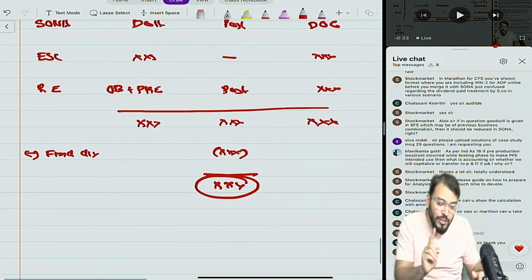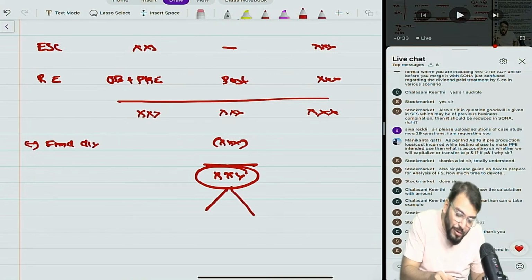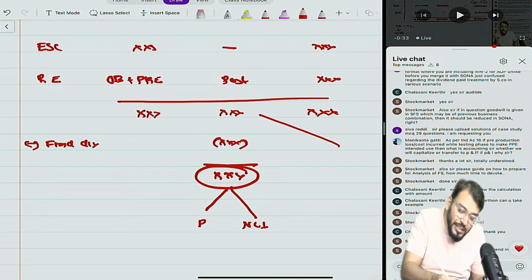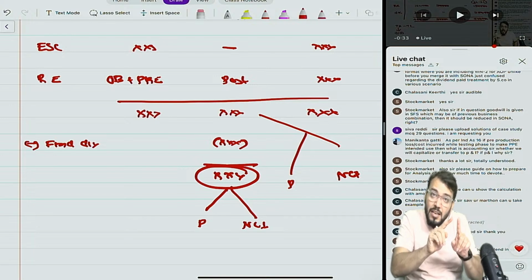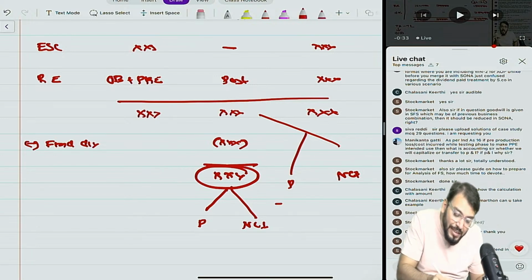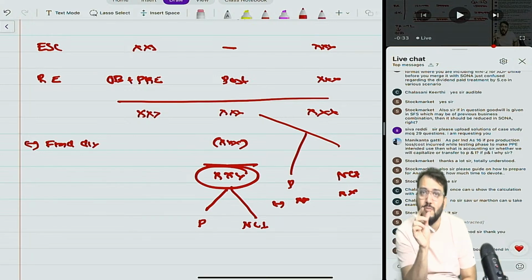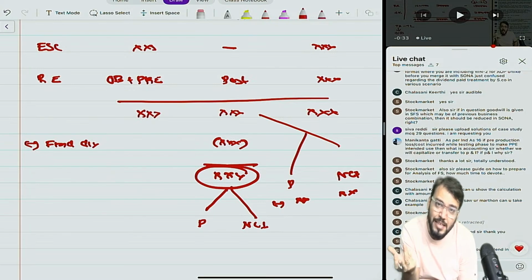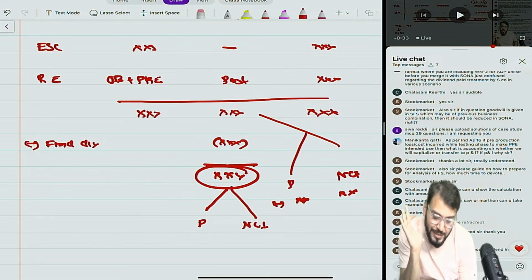Previously I used to allocate this in parent company and NCI. Now I am not deducting final dividend from this. I am allocating this in parent company and NCI, and in the other equity working note I am writing minus dividend received separately. So the effect will remain same. First transfer profit before dividend and then minus dividend received in the other equity working note only. Ultimately the effect remains same.